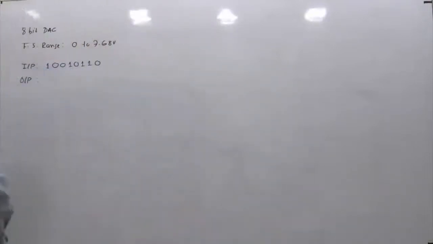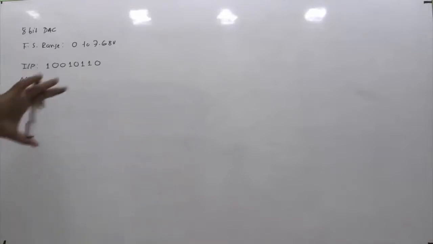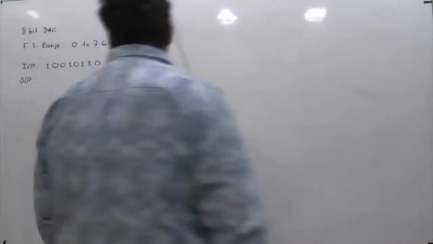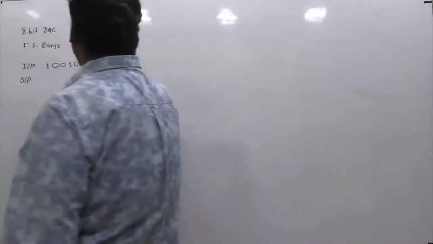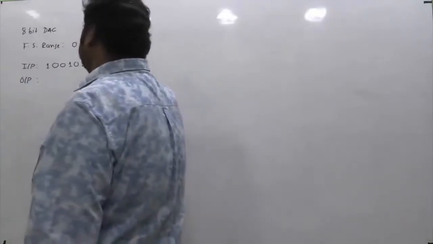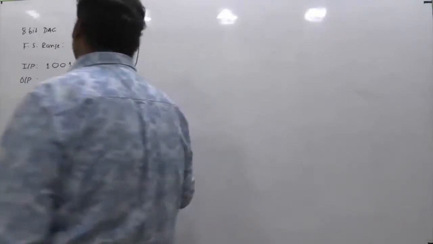Okay, so it's an 8-bit unipolar DAC. Unipolar means the voltages involved in this case are positive. Bipolar means you'll have the possibility of both positive and negative. Unipolar means it can be only one polarity, either positive or negative, but in this case they have given it is positive. So this information is going to play a role in the analysis of this question. It's a very regular model problem. So it's an 8-bit DAC and the full scale voltage is given, which is 7.68 volts. And if this is the input, what are the outputs?